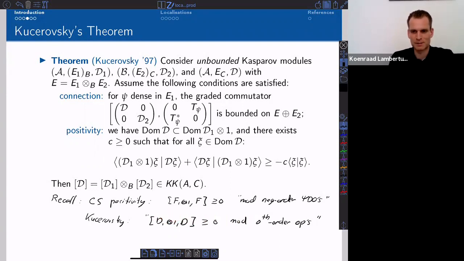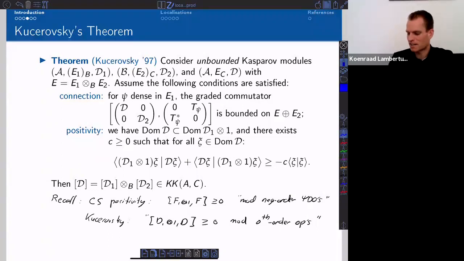So this is a bit less natural than in the Connes-Skandalis version, where we really don't have to worry about what the lower order part of the symbol does in order to check this condition. So that's one little issue with Kucerovsky's condition. And a second thing,